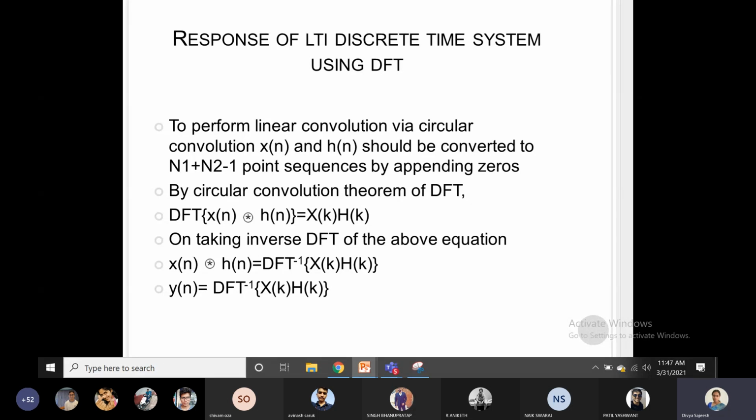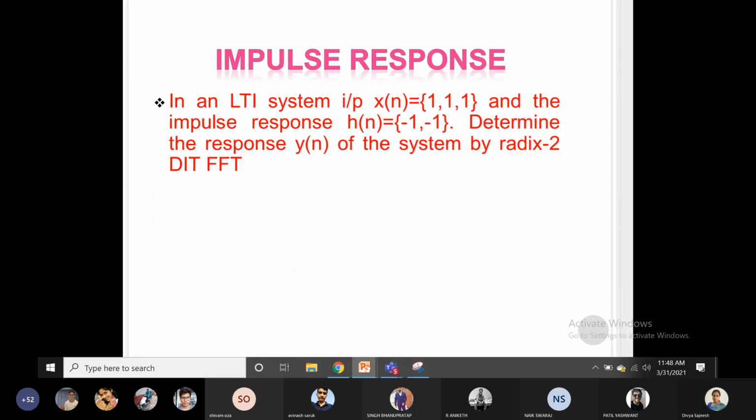apply this property and practice that FFT butterfly diagram algorithm. We will practice it with 4 points. But we are applying this property of the DFT, that circular convolution will transform into the product of the DFT. That is, circular convolution of x of n and h of n will be equal to X of k into H of k. So let us take a question.